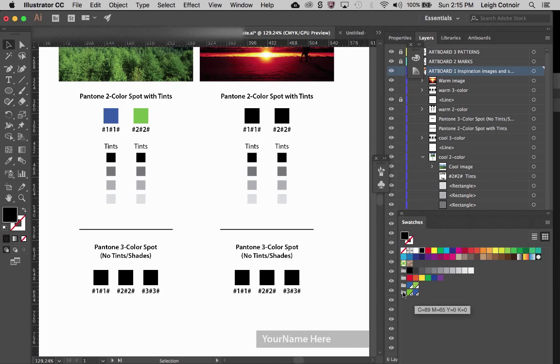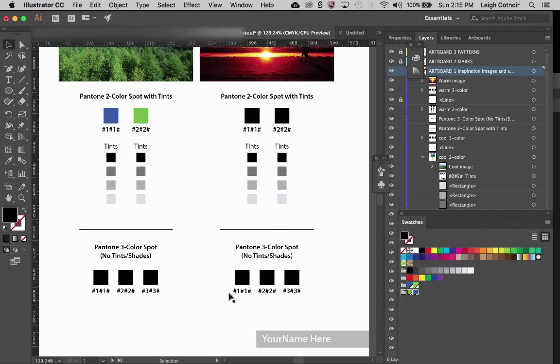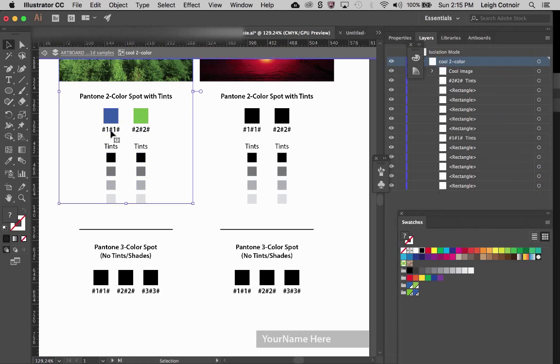If I come over here and double click on the folder, I can hit this drop down menu and I can get the Pantone numbers that I need to change on my file right here. So where it says Pantone 7455C, that's going to be my blue one, so let's go ahead and do that. So we'll change this to